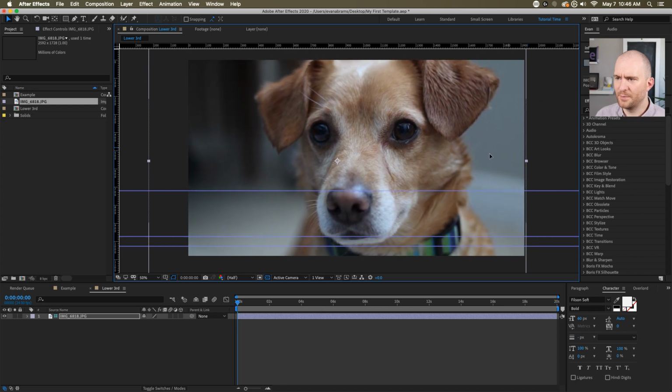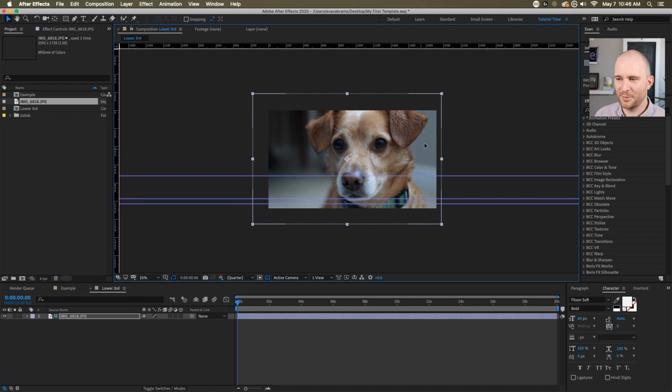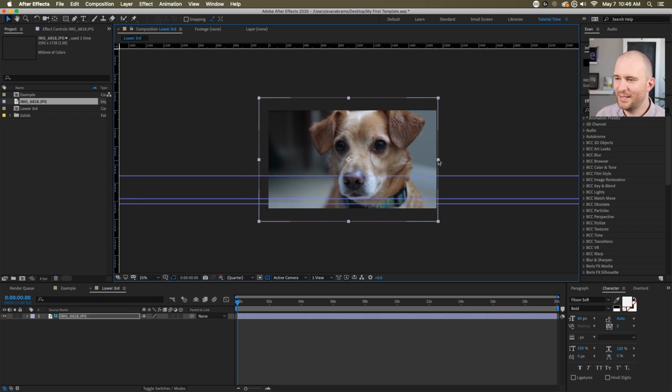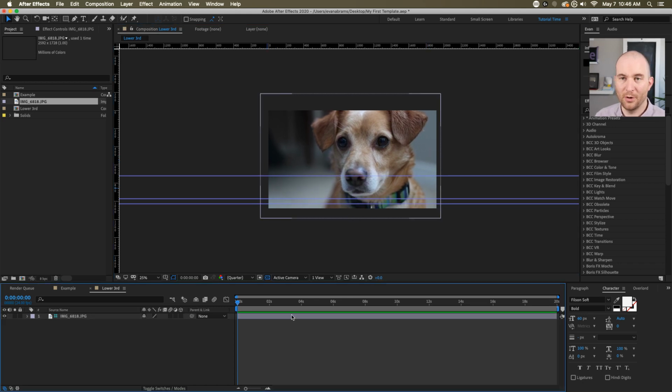Let's frame this up a little bit. This is a really tight shot on Sherbert, now that I think about it. This would not be acceptable for putting lower thirds on. But the idea is that we want to think about where these elements are going to be, what's going to be overlapped, what's going to be cut off. So, for example,